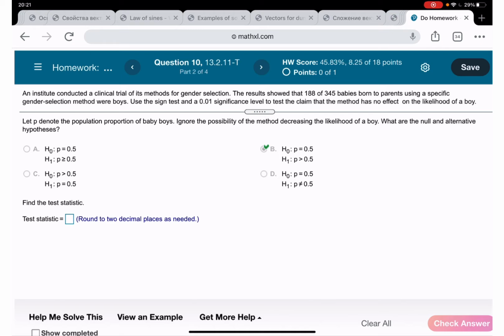Next, we need to determine if the sample data are really greater than 0.5. Since the sample proportion of boys is greater than 0.5, the sample data does not contradict the claim of greater than 0.5. So what we're going to do, we had, let me see,